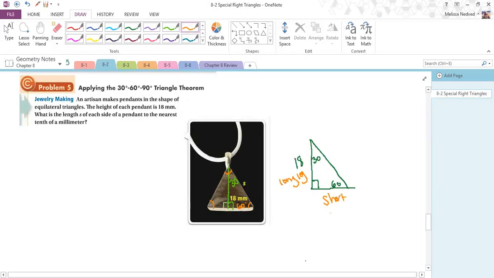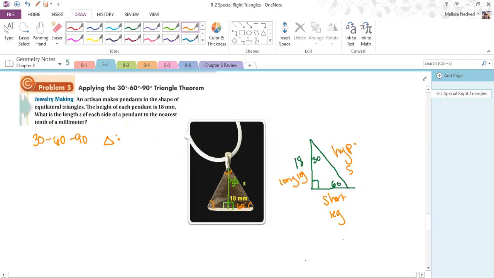We have our short leg over here across from the 30 degree, and then across that 90 degree is our hypotenuse. So I haven't even looked at what I'm looking for here yet. I just took that equilateral triangle, split it in half, made a 30, 60, 90 triangle. So what am I asked to find? I'm asked to find the side length of the pendant, which is like the hypotenuse here,